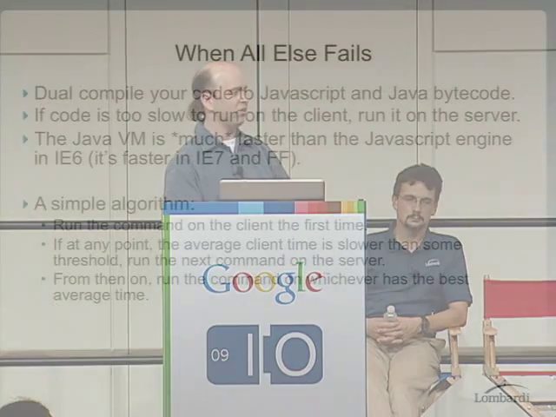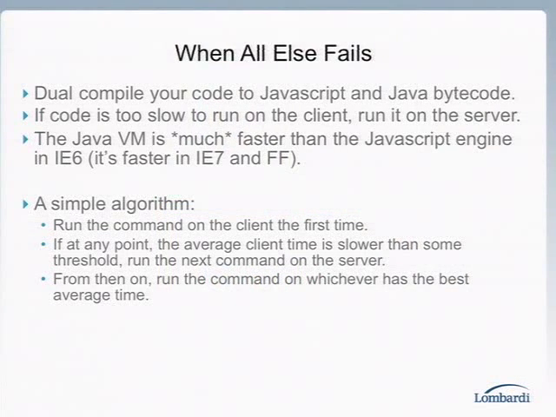So now we get to the point where we want to decide, do I execute this particular piece of code on the client or do I execute it on the server? Well, we argued over a number of different options. Try and predict how fast each one's going to take, try and measure or estimate network bandwidth or latency. But we decided in the end that the simplest algorithm was the best. And the way that works is